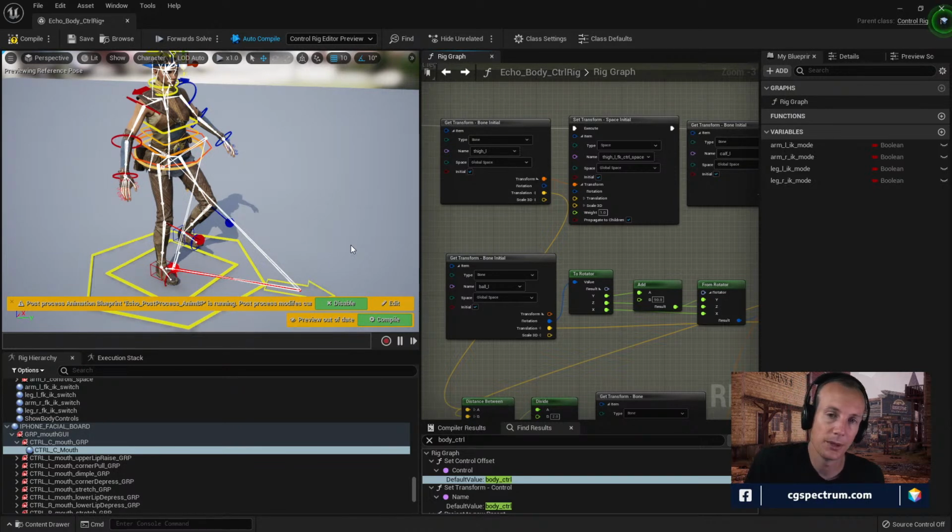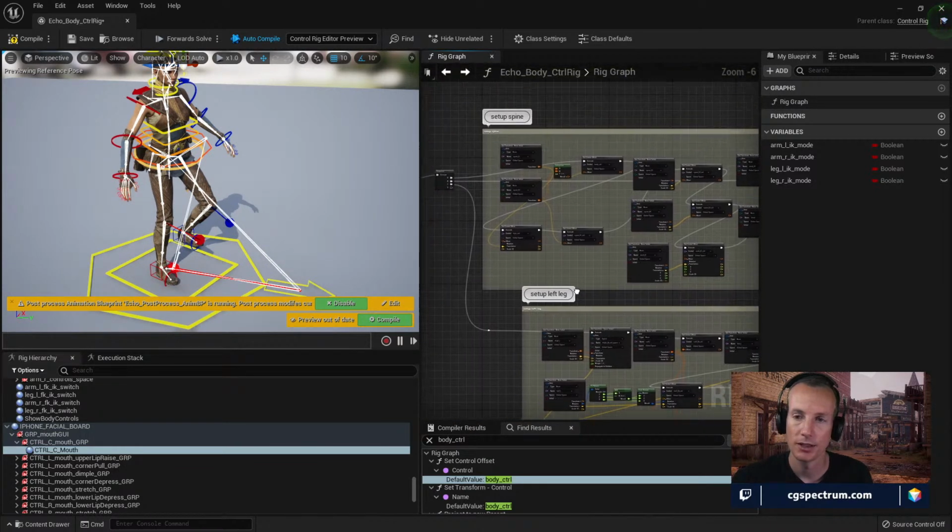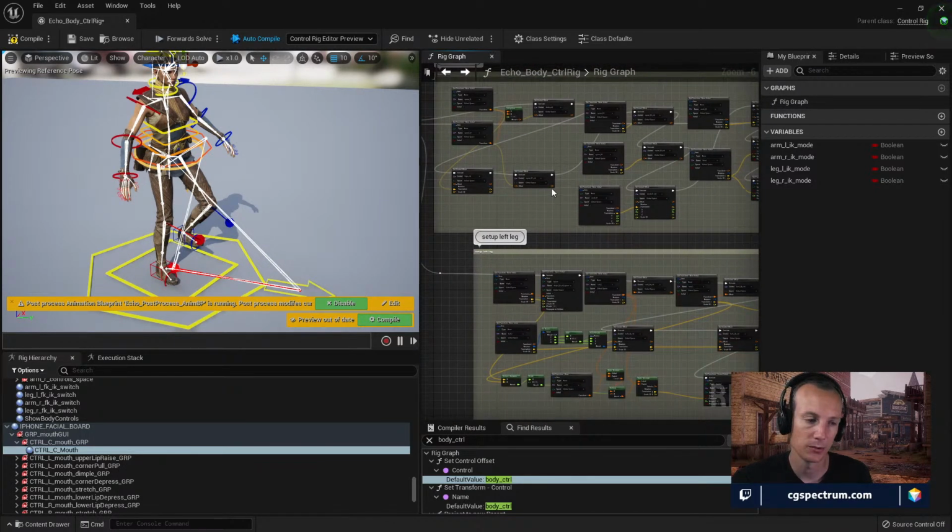They do say that Epic is going to come out with some more control rig tutorials as well in November. So there's going to be some more information coming out as the months go by, trying to help people, teach them how to do this stuff. Right now it's bare minimum, and that always happens when you have new software. It's always like bare minimum of